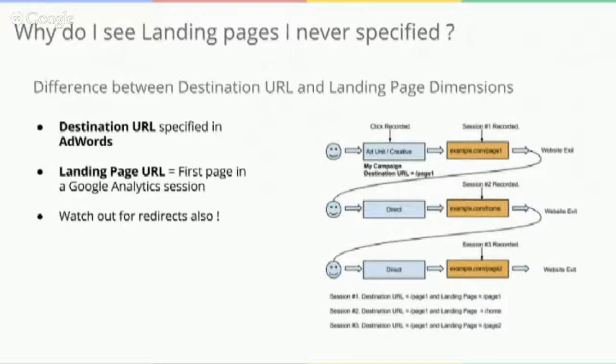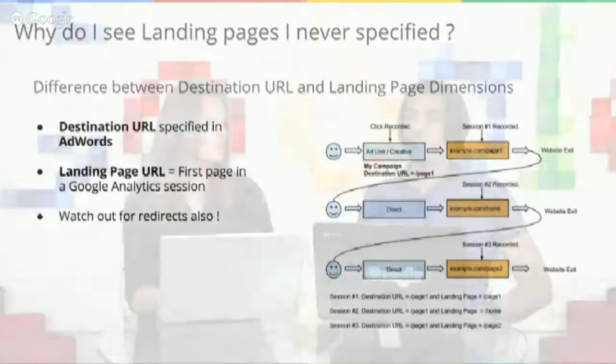The second one is the landing page URL reports, and those are within GA, and those define the page the visitor landed on. When you put these two together and look at repeat visits, a person might land on a specific campaign multiple times, but the destination URL is the one that was initially defined. So a campaign can have multiple landing pages based on return visits, but it's the one landing page that you define that drives the first visit. So again, not to be alarmed. Things to look out for are redirects. We see that a lot, and we'll get more detailed into how we can identify and triage them. But those are common factors why you see URLs that you didn't originally define.